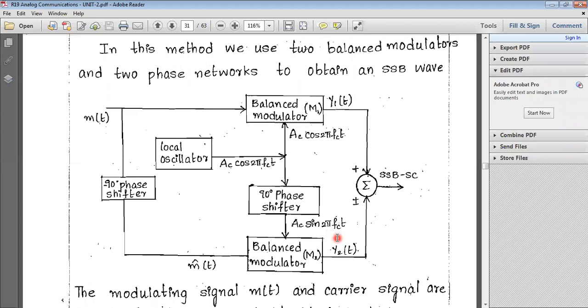Here the spectrum equally occupies both sides. With the application of these two balanced modulators, the spectrum is equally occupied. That is the band pass filter. After passing through the balanced modulator, the spectrum becomes FC and FC plus FM. Here also it becomes FC and FC plus FM. But here the magnitudes are the same, but there is a difference in phase. If you observe the analysis, then you easily understand this topic.